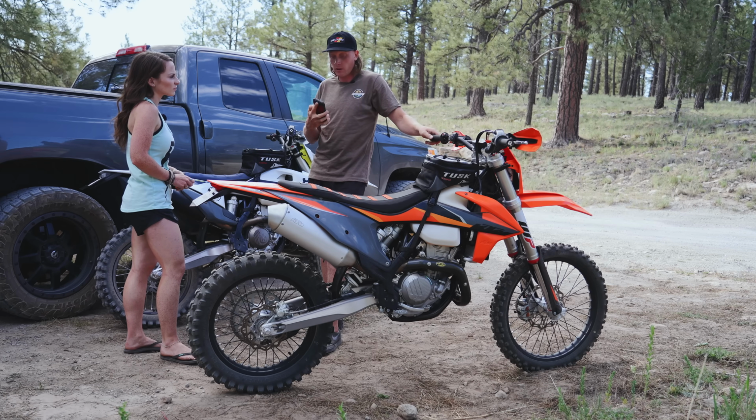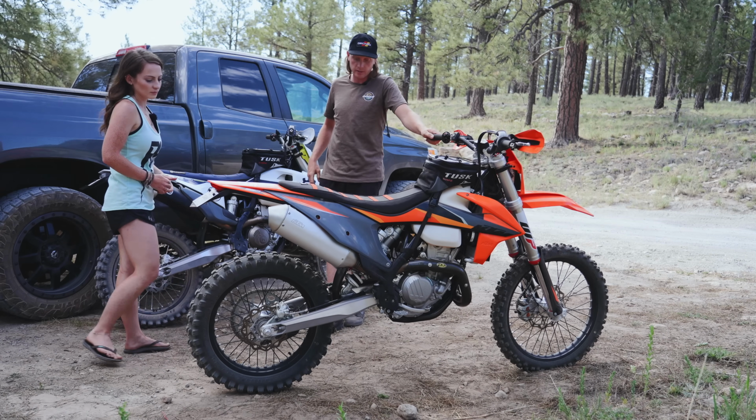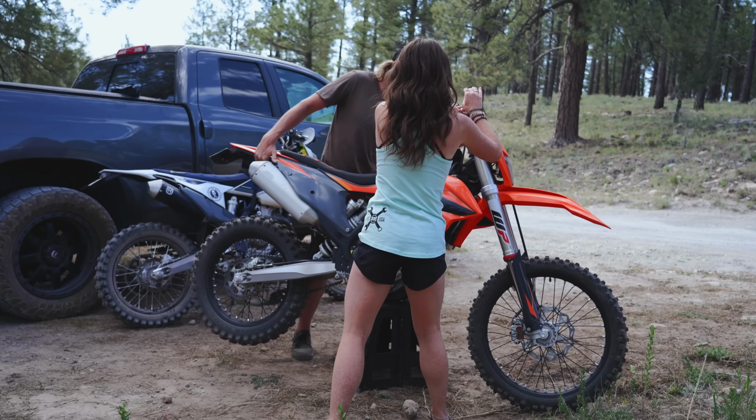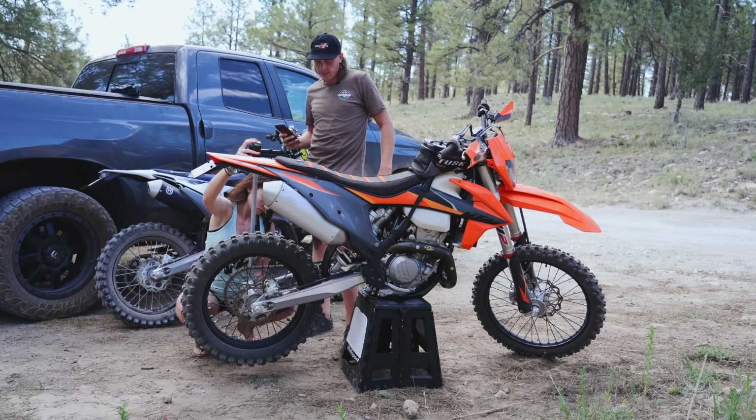Now we'll go ahead and throw it on the stand and get the free sag measurement. That way we can get our static sag number. Piece of shit, KTM. Clap. The free sag number